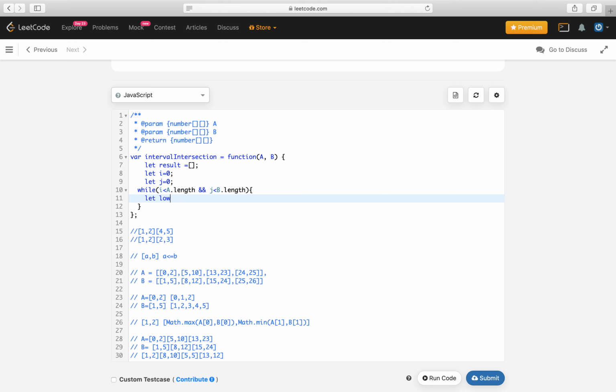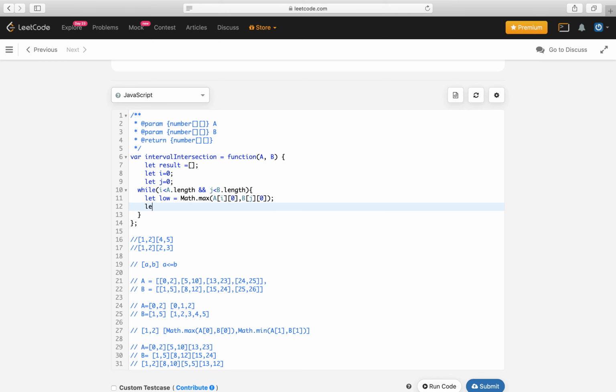We need to check the low point. Low point is always Math.max between A[i][0] and B[j][0]. And what is our high point? High is equal to Math.min between A[i][1] and B[j][1].